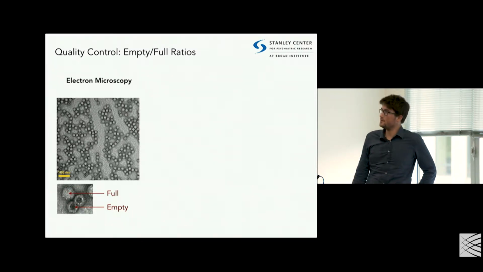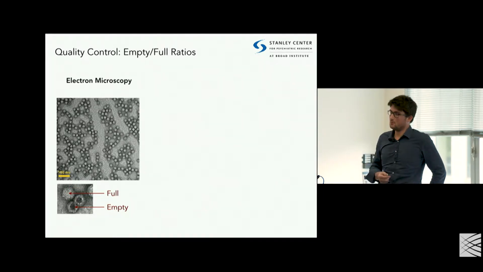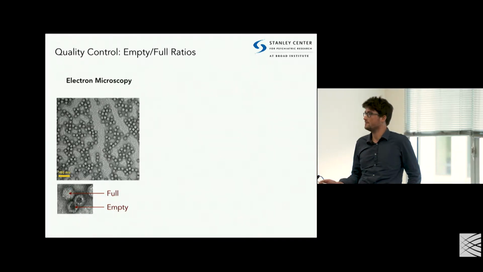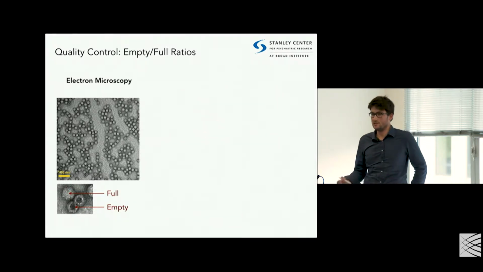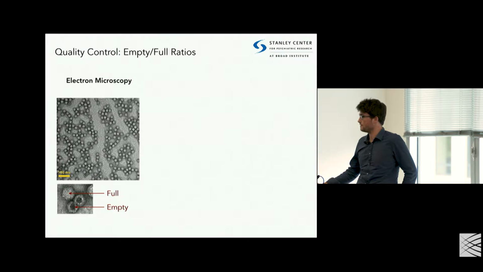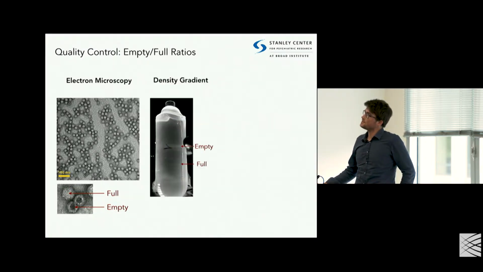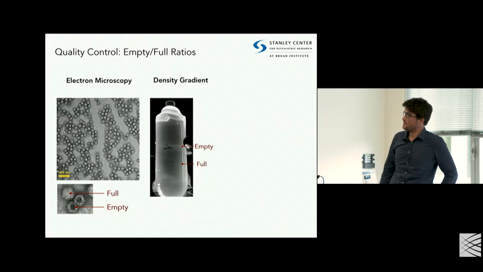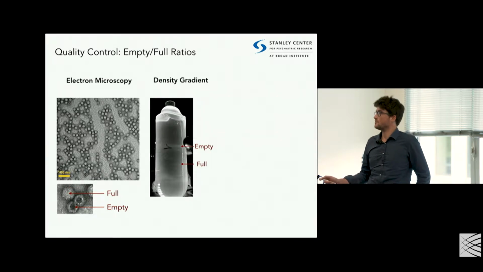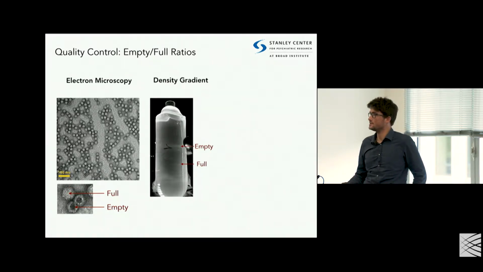If you produce AAV preps, most likely more than 80% of your particles are empty, depending on the production system, but with triple transfection you're going to get up to about 90% empty particles. And you want to get rid of those. They don't contain any transgene, so they are not going to be very helpful for your experiment. They can actually introduce some bias in your experiment. So, like many others, we have implemented a density gradient ultracentrifugation protocol to separate empty and full, following, for instance,